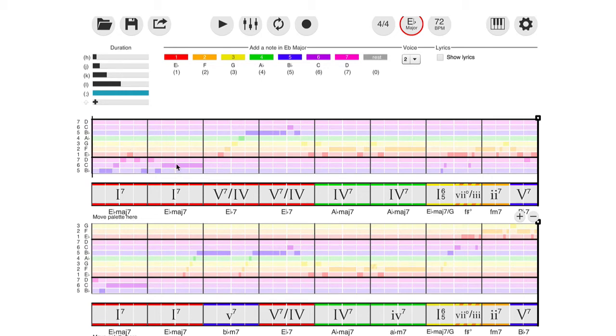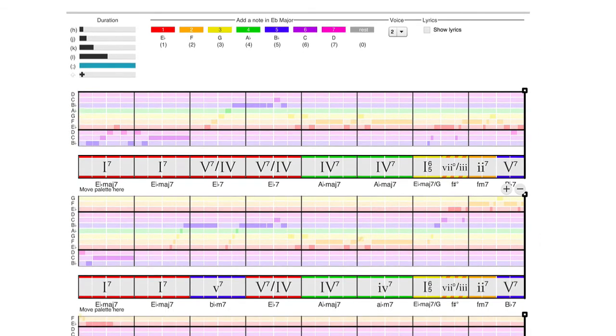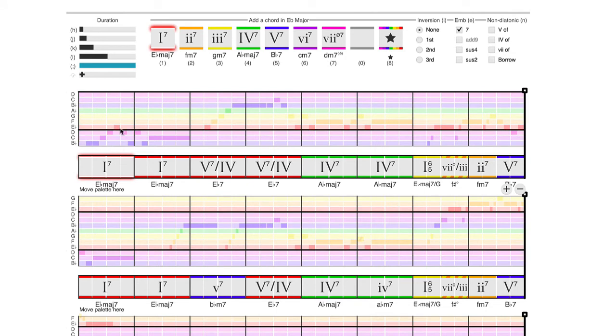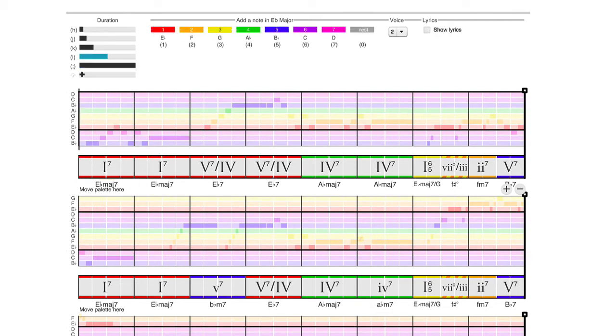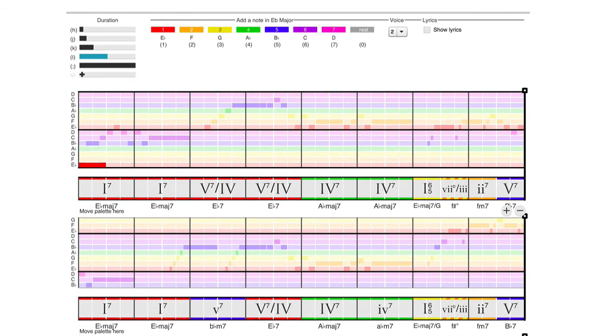So the bass player is playing, obviously, the bass. So they're generally going to be the lowest notes out of all of the notes being played. And what that means is that it's important that the bass player be playing the notes that are defining these chords. So for instance, if we have a 1-7 here, then it's going to be a good idea for the bass player at some point to be playing a 1, because that's what's defining this chord. So a super easy place for us to start is to give the bass a very boring melody, which is basically